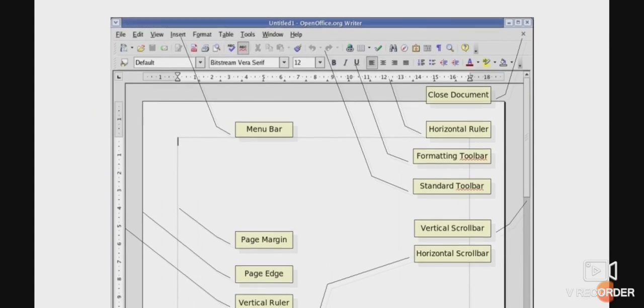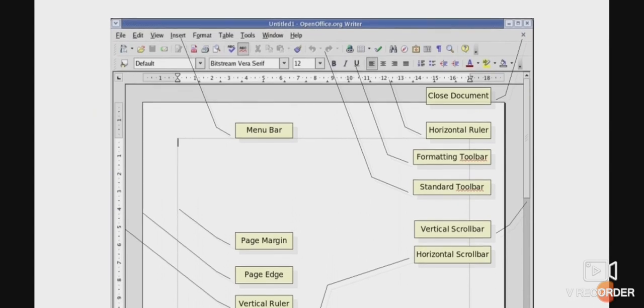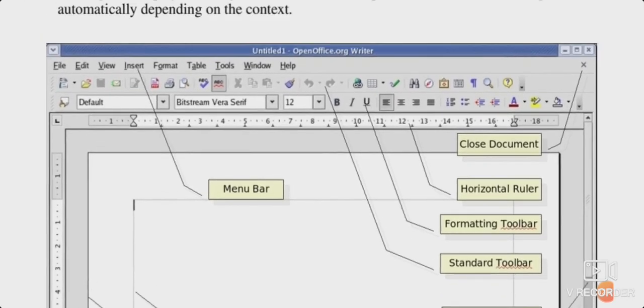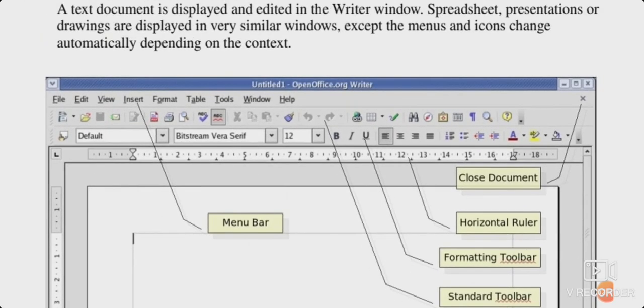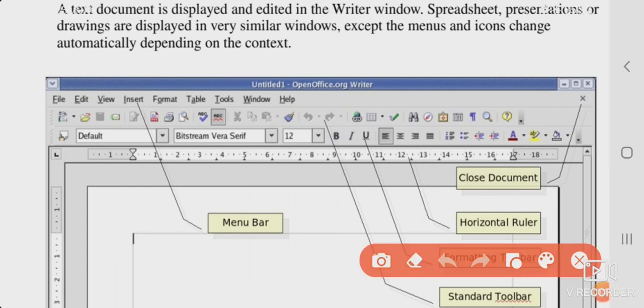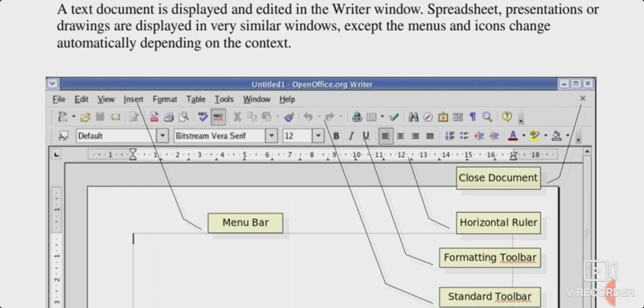As you can see, children, on the top, you can see this Untitled written. It is known as the title bar.